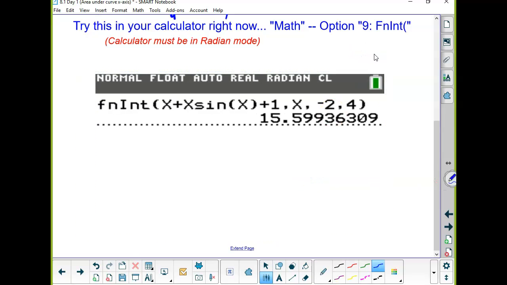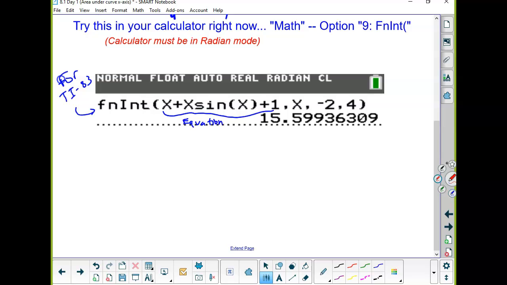If you have a TI-83 calculator, you still do math 9, you get fnInt, and then it starts you with that parenthesis. So what do we always type? We type in the equation,